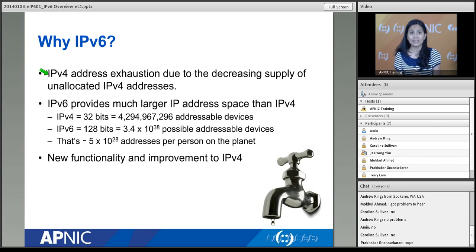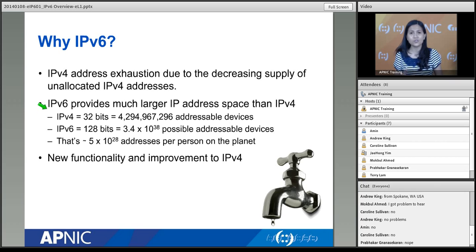a maximum of a /22. So you can request /24 to a /22 IPv4 addresses only. So it's only enough for new ISPs or new entrants into the industry who want to get started. But if you are in a big ISP, probably that is, of course, not enough. So /22 is just how many addresses, right? It's really not enough for you. So IPv6 answers all those questions.